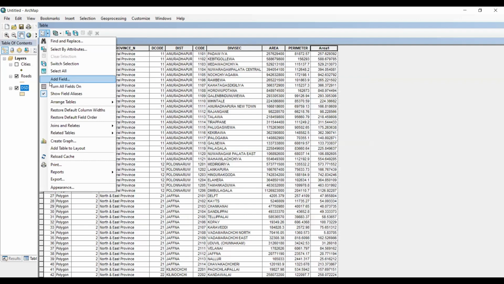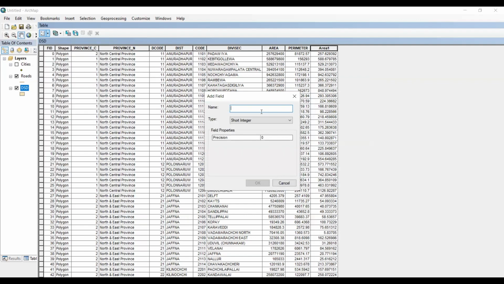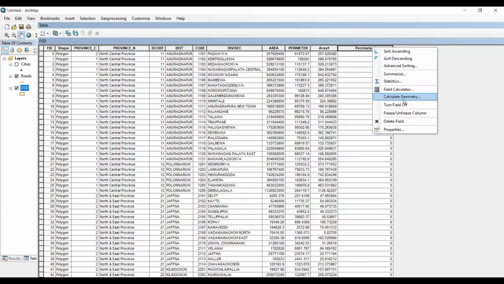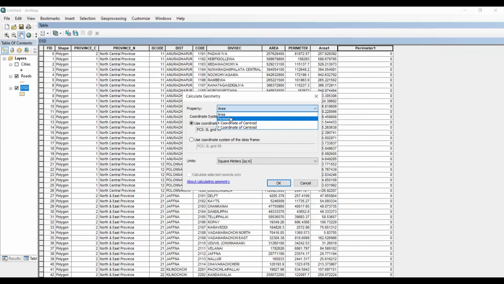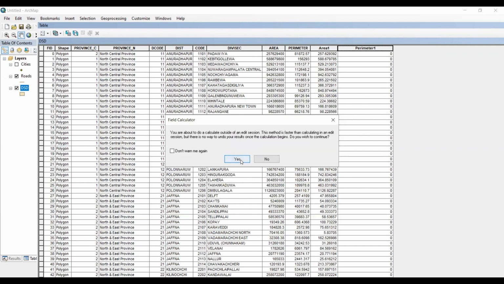Go to add field and name it perimeter 1 and select double, then OK. Then go to calculate geometry, then select the perimeter. The units I'm assigning as kilometer, then click OK.